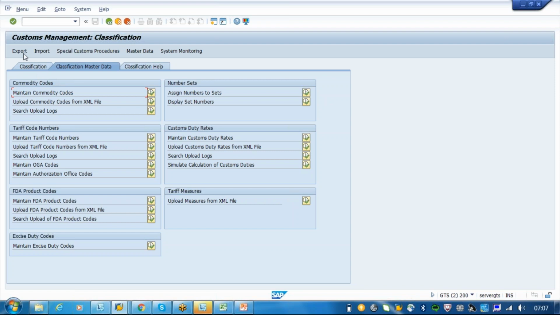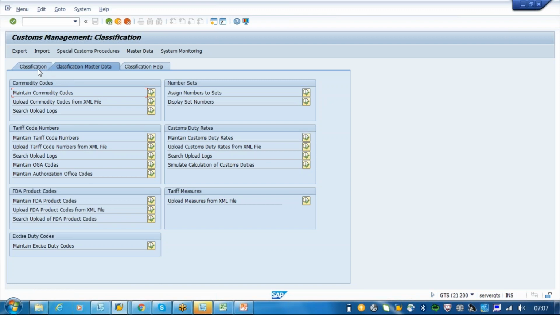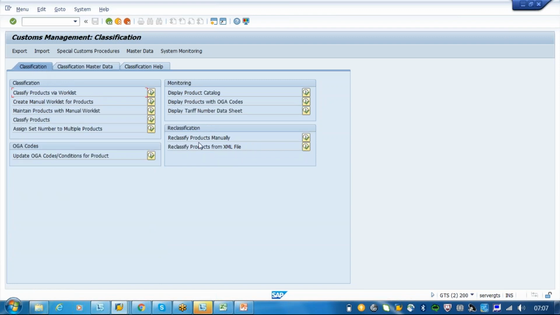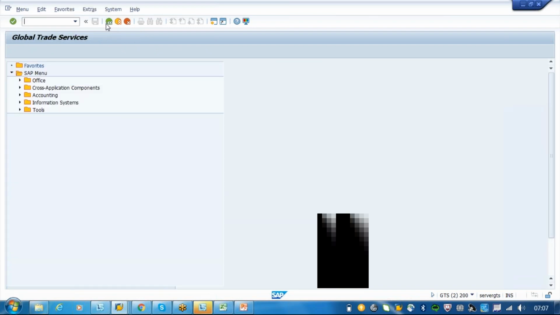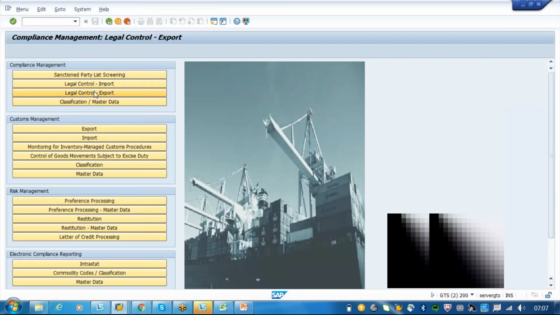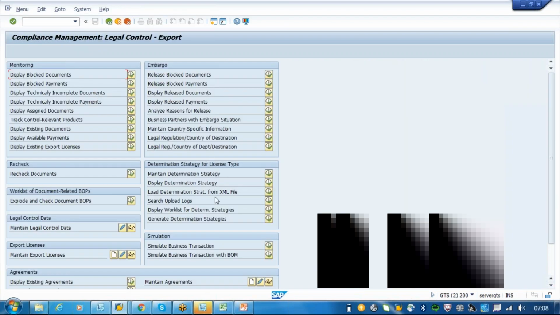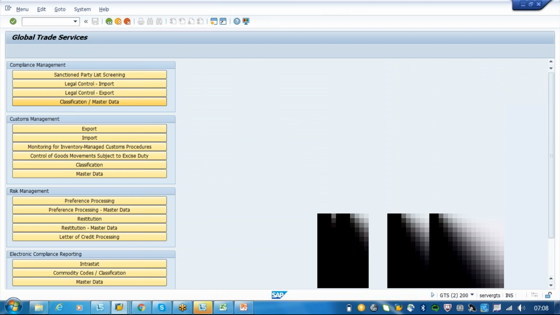ECCN number, export control classification number. Classification.